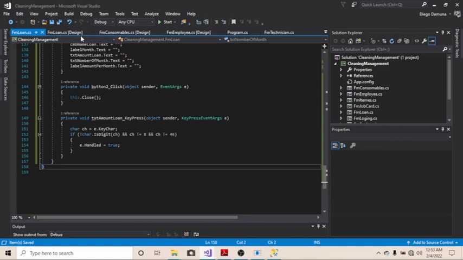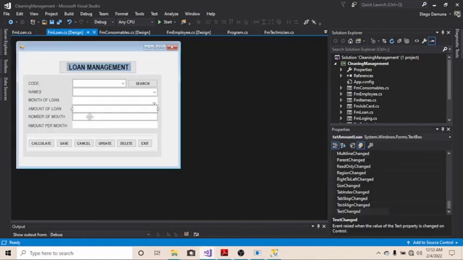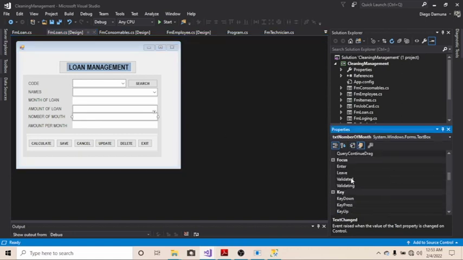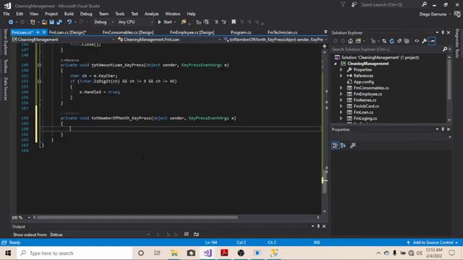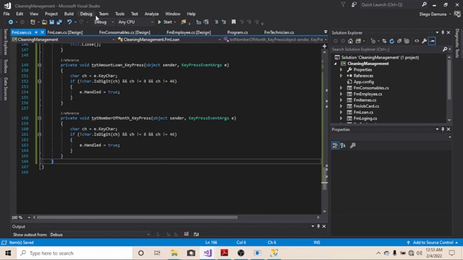All right, let's do the same for this number of months text box here. I'm going to events, then I select key press. Where's key press? Here it is. I paste the code. There we go. Let me try to launch